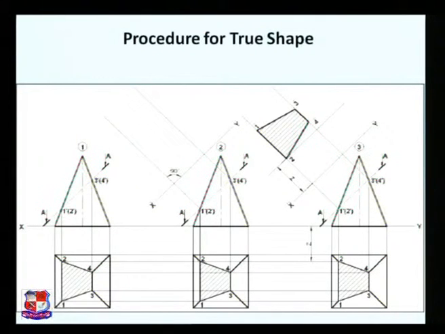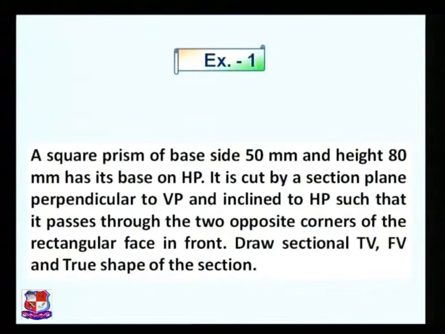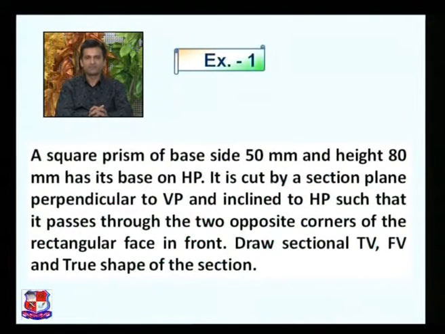Now the procedure for true shape. This shows the 3 steps of how to draw the true shape, that we will do in the next example. And the data is given for example number 1 like this. Now after discussing this theory, let me solve some examples based on sections of solids. The first example, data is given like this. A square prism of base side 50 mm and height 80 mm has its base on HP. It is cut